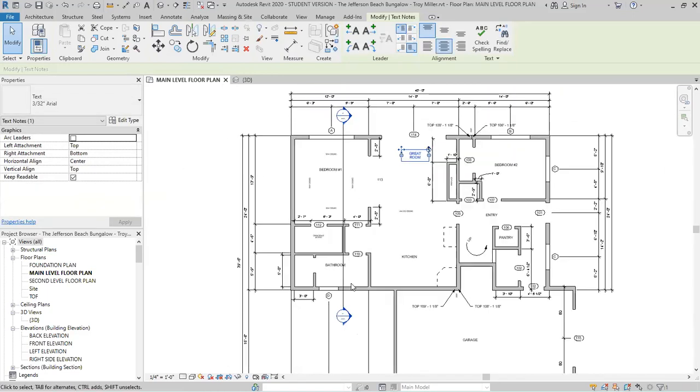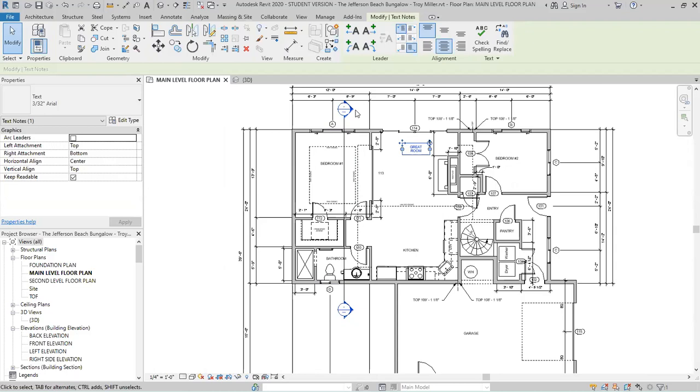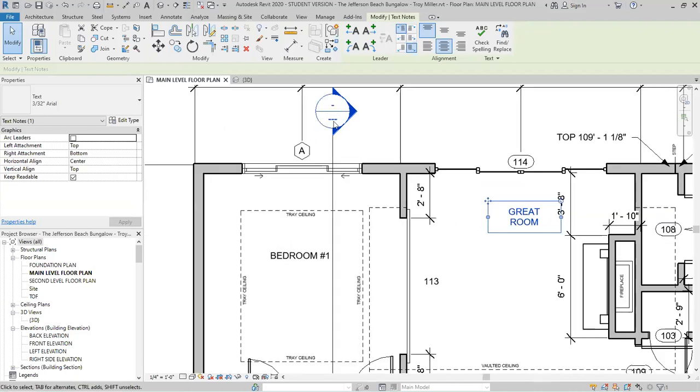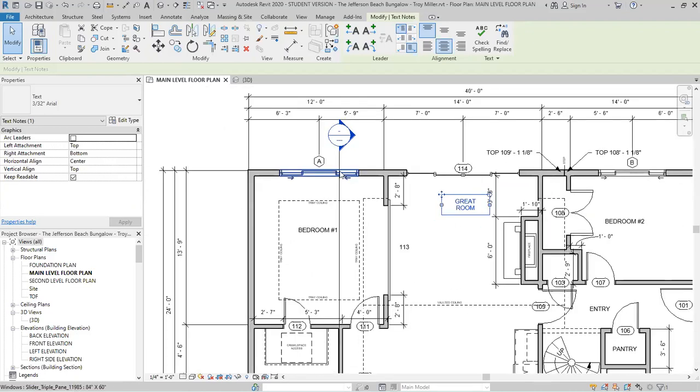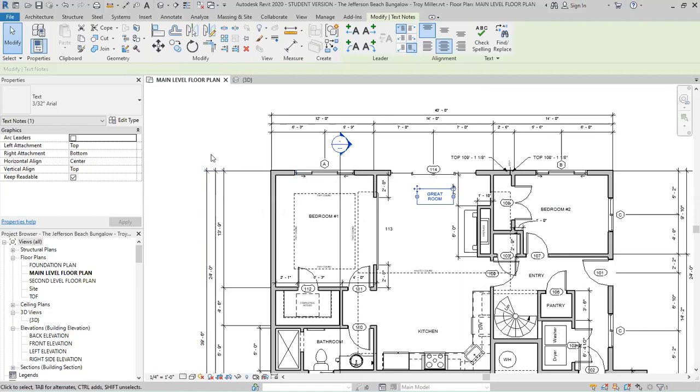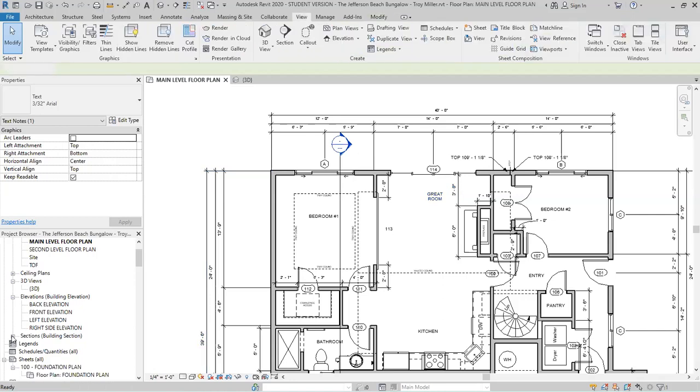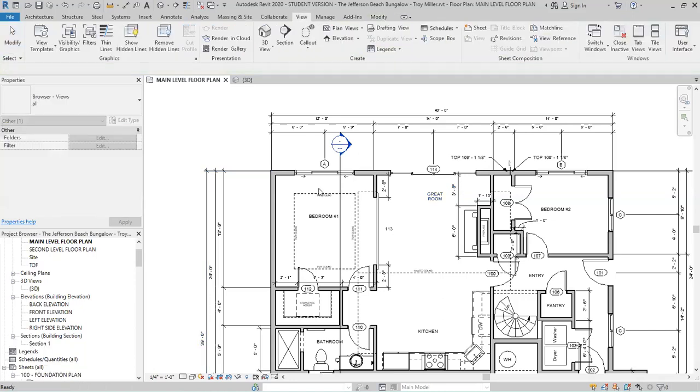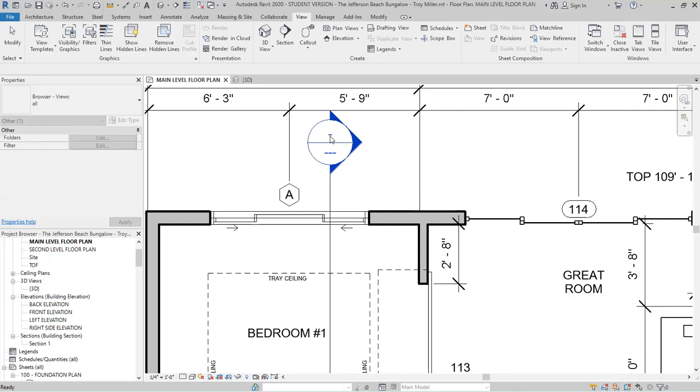Okay, so you'll notice here back on our section that we have the blanks here. Those will only fill in when we actually put a view onto a sheet. But until that point, it's just going to show as a blank. Now, when you create a section view like this, if you come down here into our project browser, you'll see that we now actually have sections. This is called section 1. If I double click on this,